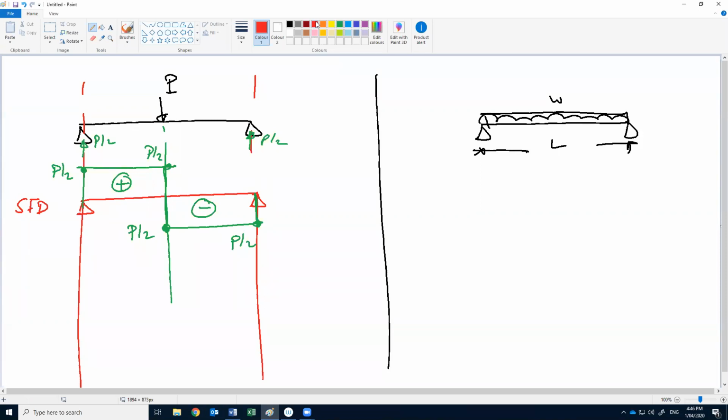For the moment, the bending moment diagram, what is the moment here? We said before the moment here 0, the moment here 0, the maximum moment here PL divided by 4, and we connect it with a straight line. And the sign convention here is positive. Okay, if we make a comparison here,